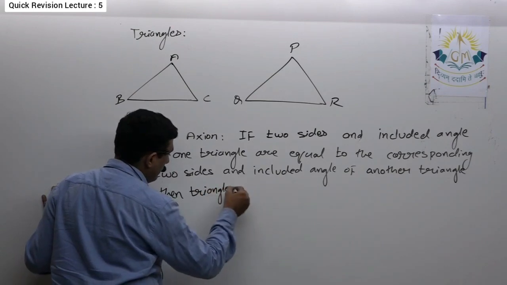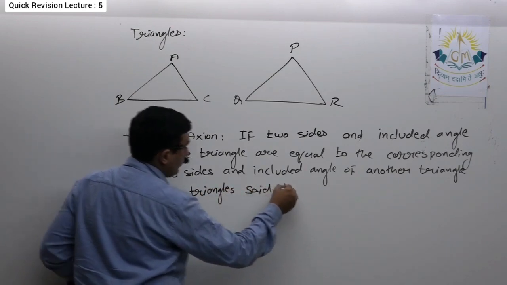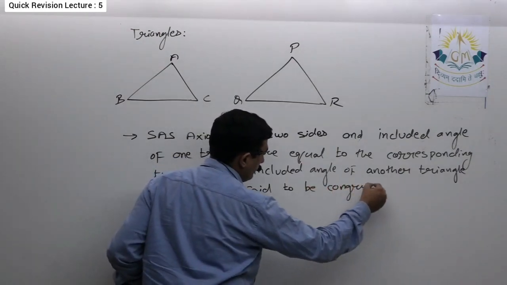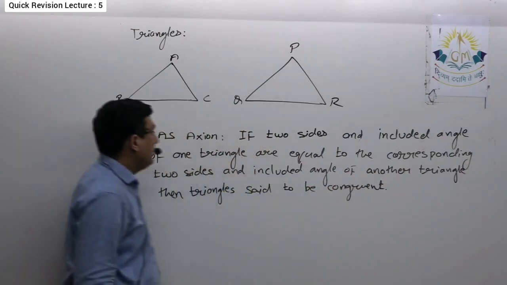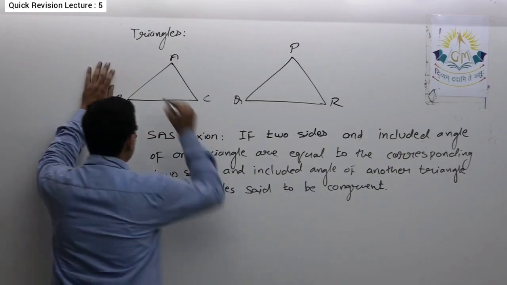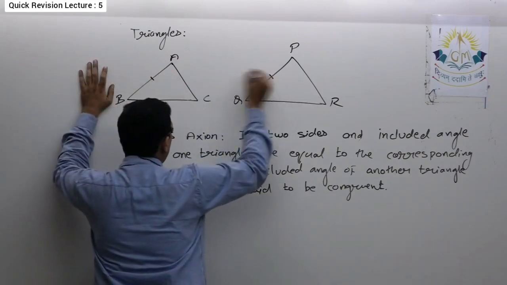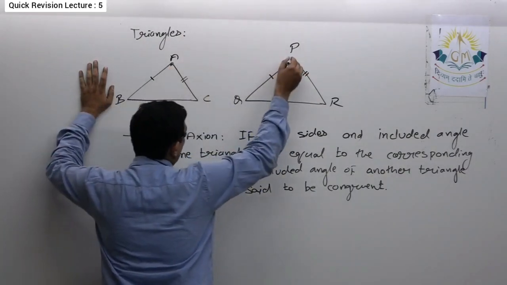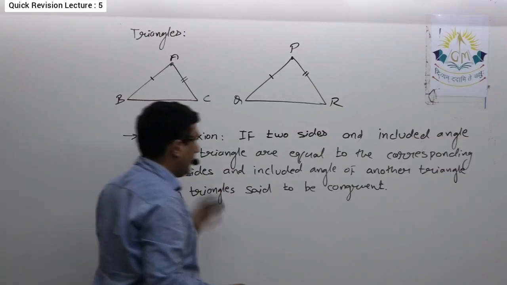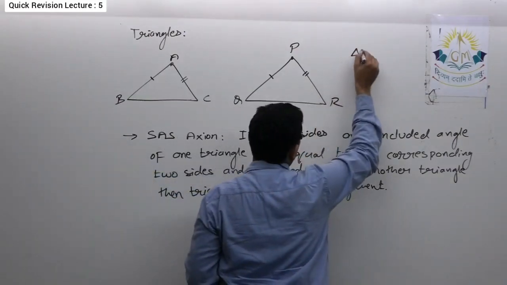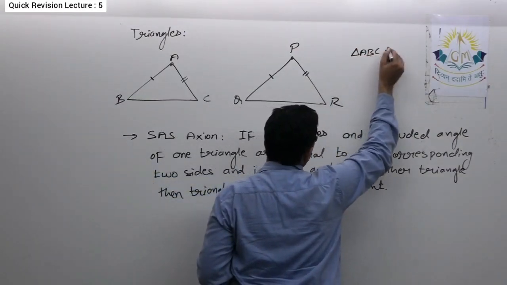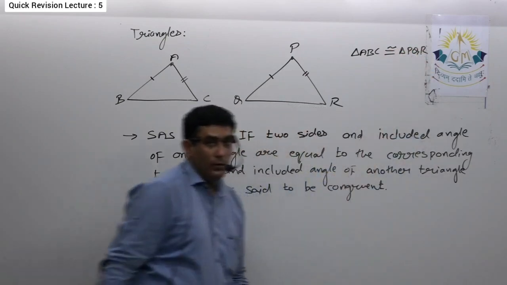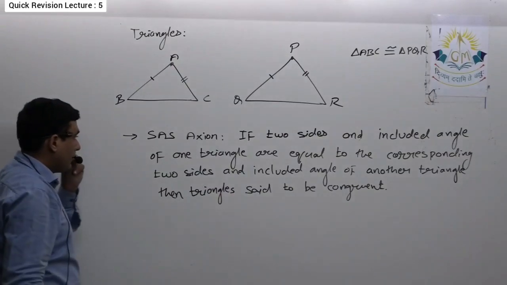That means if AB equal to PQ, AC equal to PR, and angle A is equal to angle P, then we'll say the triangles are congruent. Then we'll say triangle ABC is congruent to triangle PQR. Okay, so that is the side angle side